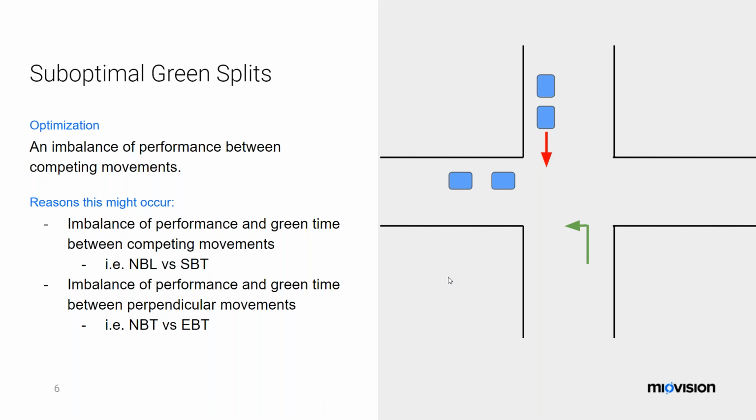A good example of that is the image here on the right, the northbound left and the southbound through. But you can also see it through other movements like northbound through and eastbound through, perpendicular movements that are working together and trying to find a balance. Sometimes some of those movements get too much time and could simply be reallocated. One thing to note about the timeframe of data that intersection health assesses is that we're looking at an entire month's worth of data every time we create an alert.